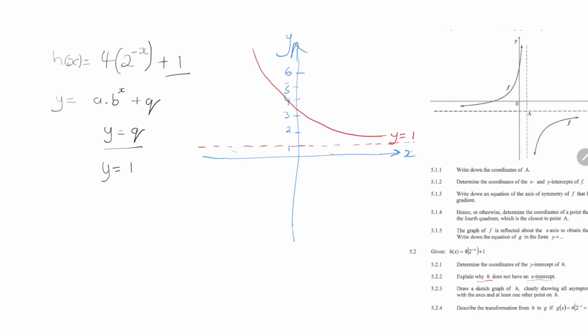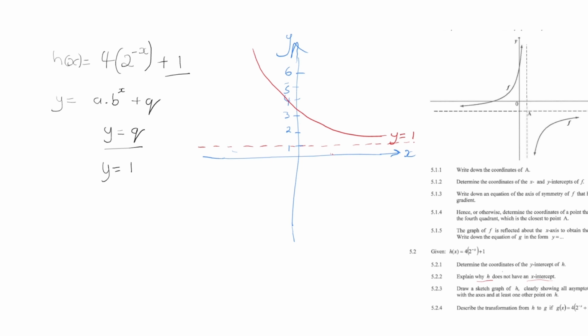You can put it in writing however you want to put it, as long as you mention that it's because graph h has an asymptote at y equal to 1, so it cannot go further down to intercept the x-axis. Okay, up next we have